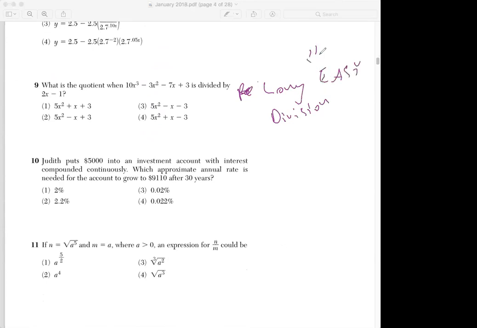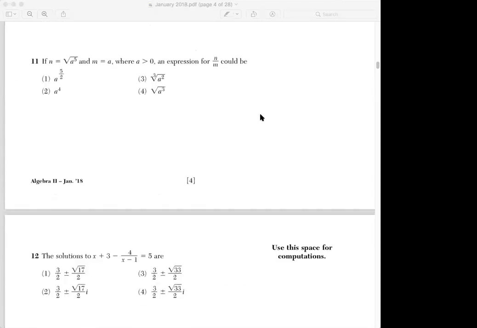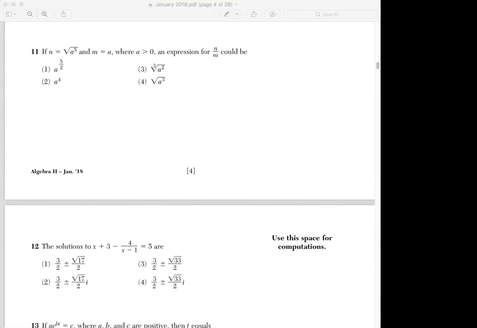Easy. Yay, you should get that. Okay, 10. Compounded, we haven't even touched on this. 11, we've done this problem so many times. You just do the square root